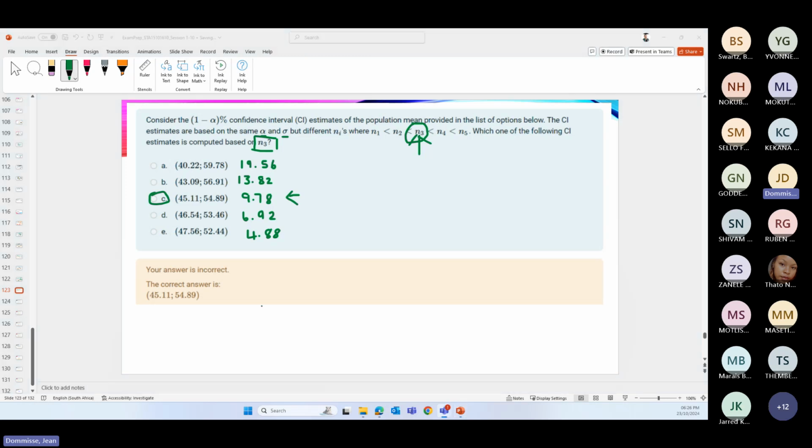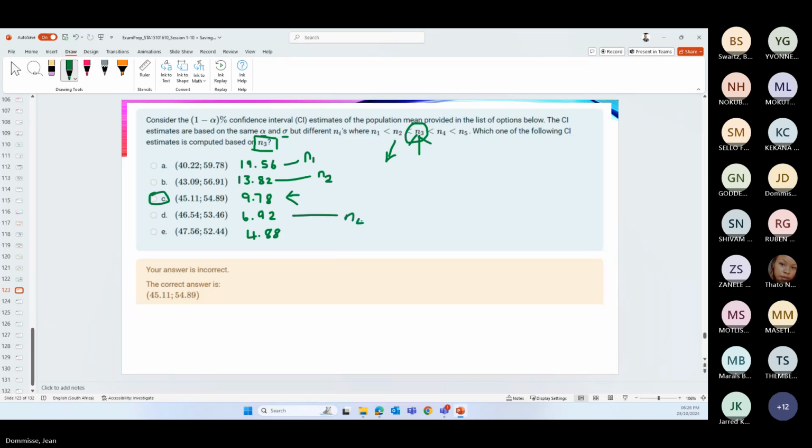So there are a few ways to identify it. If they had said you're looking for N2, then again you look at N1, it's smaller than N2, so that means your second smallest number, that would have been N2, that would have been N1,